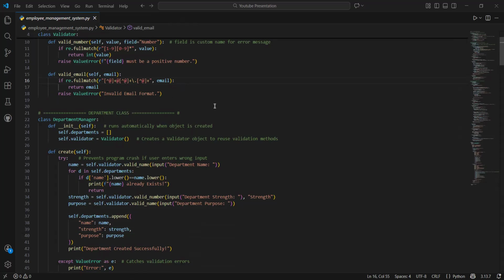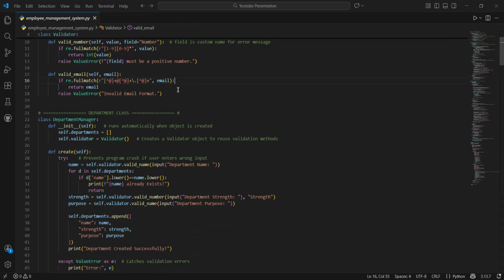Actually, the first portion should not contain the at the rate. It should contain the other string. Then there needs to be one at the rate sign, and then there should be another text which excludes at the rate. That's why I wrote in this way. Then plus slash dot, that means only dot, and then again another thing that excludes at the rate, and even